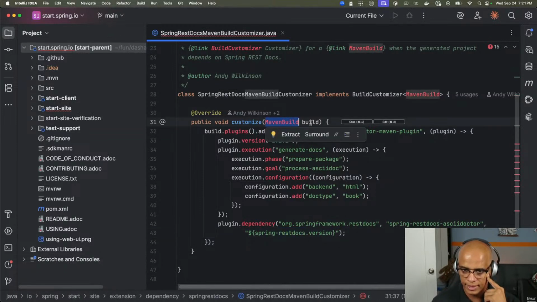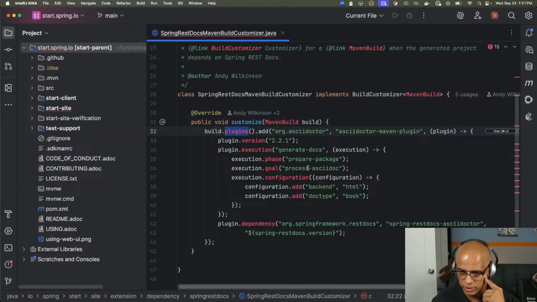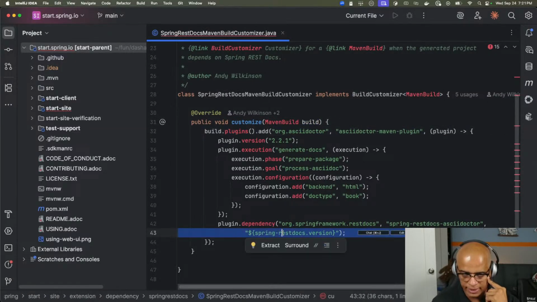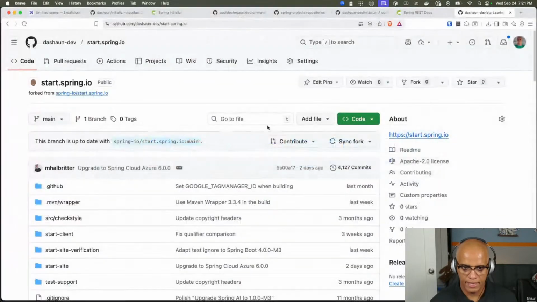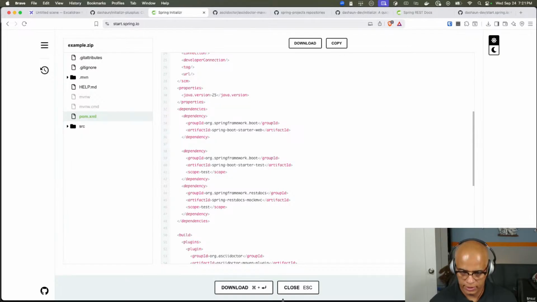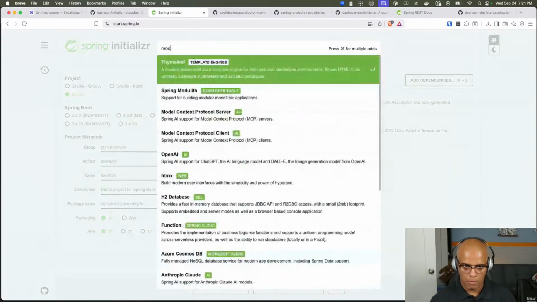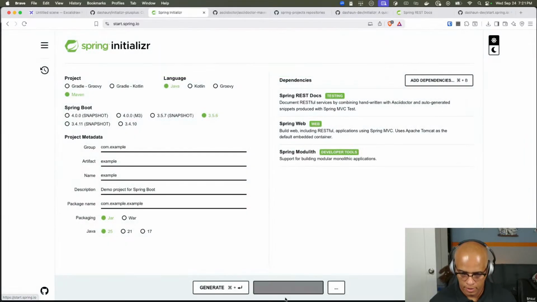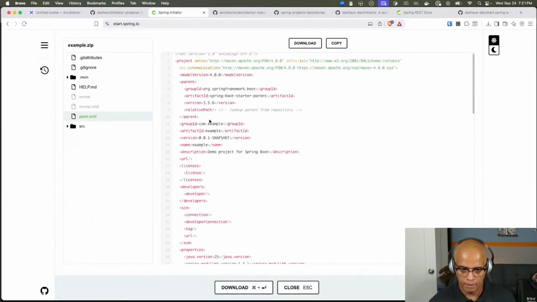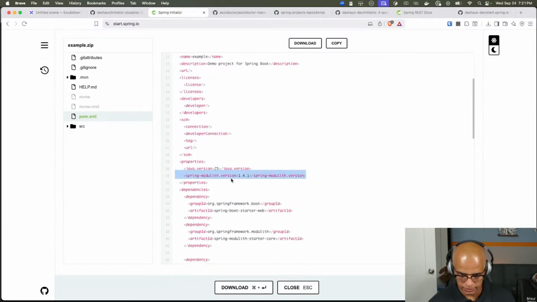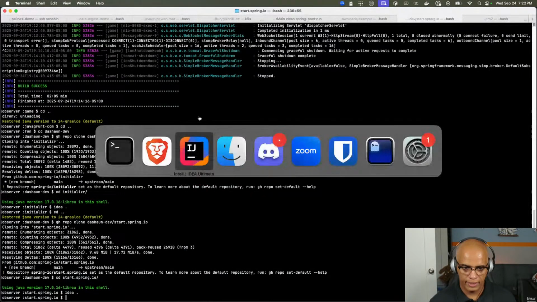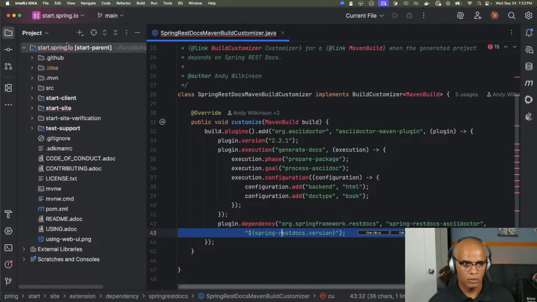So here, this is saying, when you've got a Maven build, do a build plugin, add, here's all the stuff that gets added, but we need to add this property. I don't know what that looks like. I don't know the API here. So what am I going to do? I'm going to go back to something that has a property, something like Modulith, that has a property, Spring Modulith version. So let's go back here and look and see how